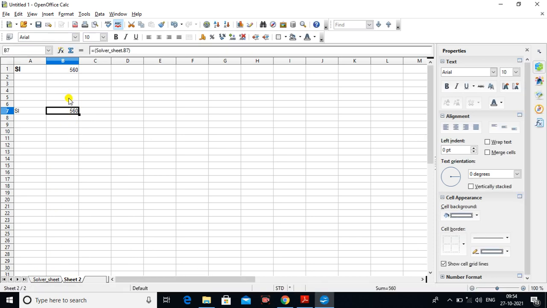So this is done using the keyboard. Earlier we did this using the mouse. This is working very correctly. So you can reference within a workbook. This is one workbook. You can reference from within a workbook or from another workbook also.